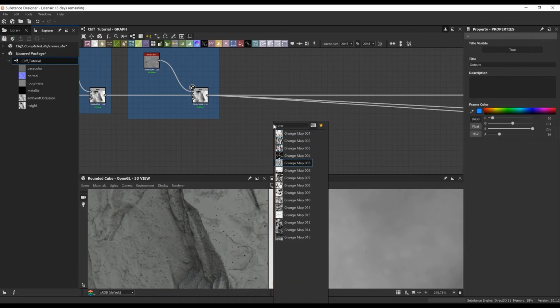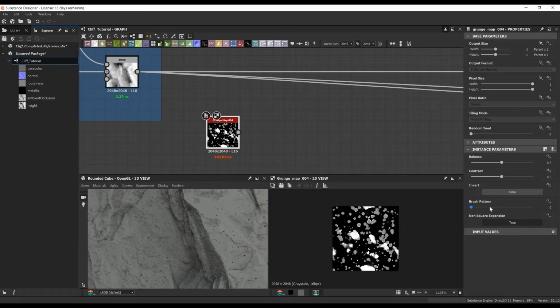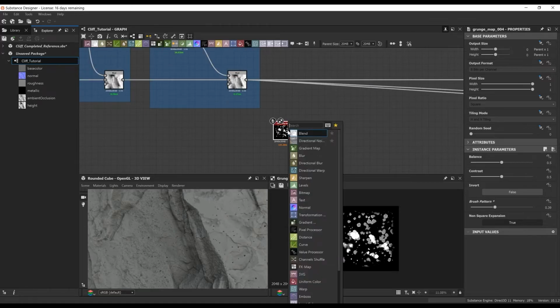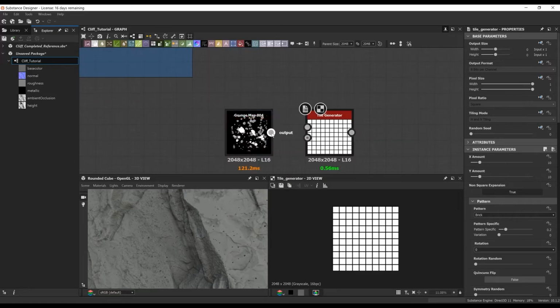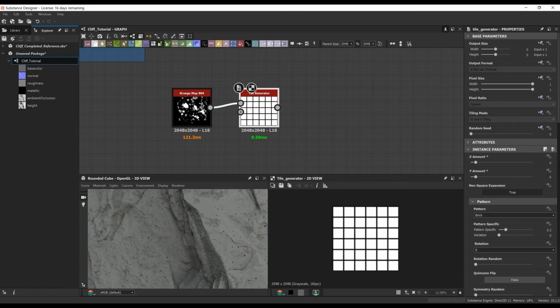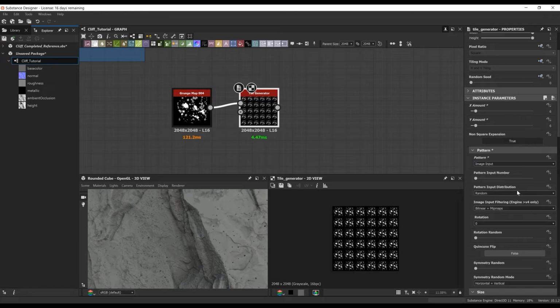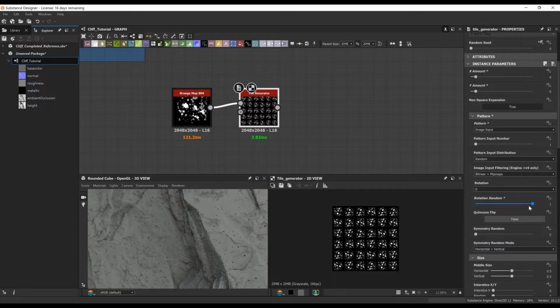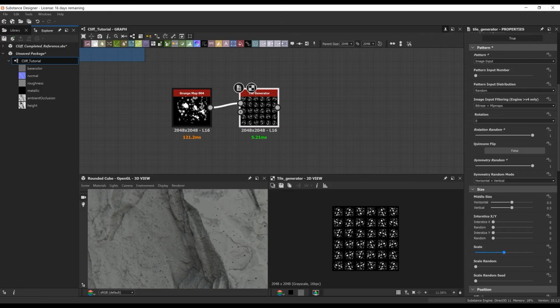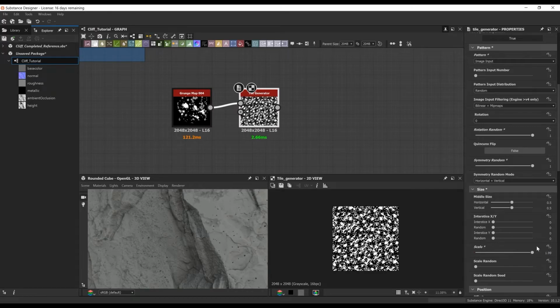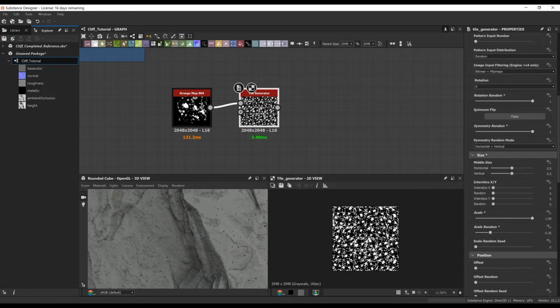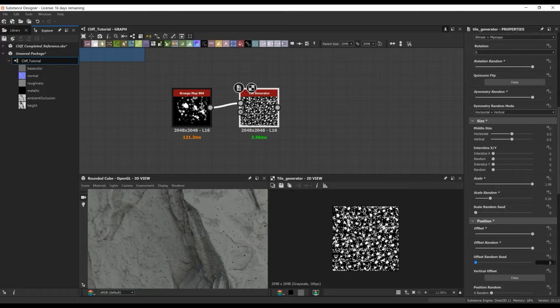Cool. So this is where we're going to start our lichen and bring in some of that nice fuzziness to the material. Since it's all very hard surface with the rocks, we're going to start bringing in the moss and the lichen. To start off, I like bringing in a Grunge Map 04. And I'm going to change the settings on this tile generator to give us a nice variation and a nice repeating pattern. It breaks up the main overall larger shape.